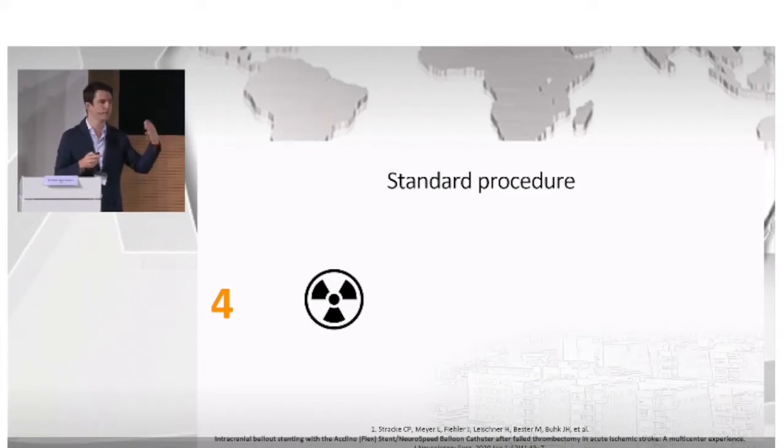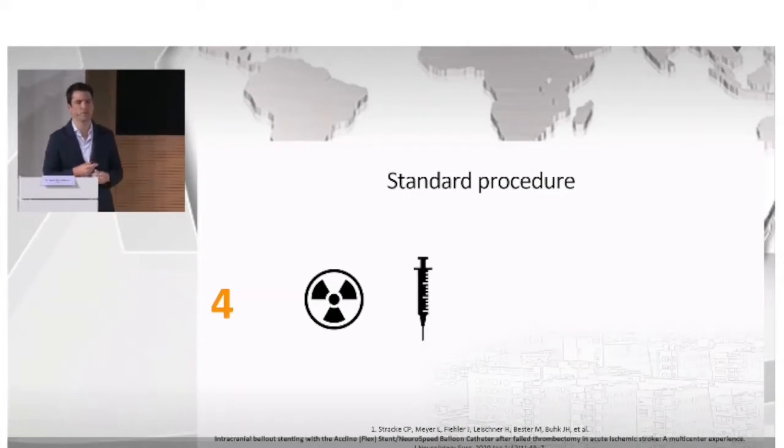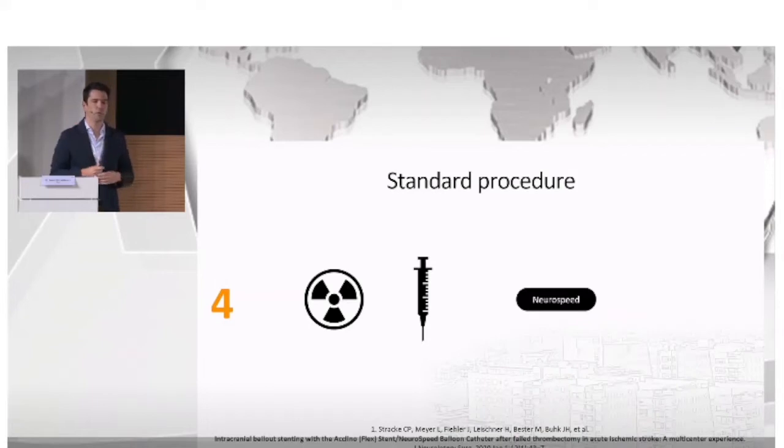Thanks to Philips, Siemens, and all the machines, these CTs are becoming better. So these images make it easier for us to rule out hemorrhagic complications, but we look for big hemorrhagic complications, not small subarachnoid hemorrhage, okay? Then we place the patient under, in our case, tirofiban, the Aggrastat, and we perform an angioplasty with Neurospeed, and